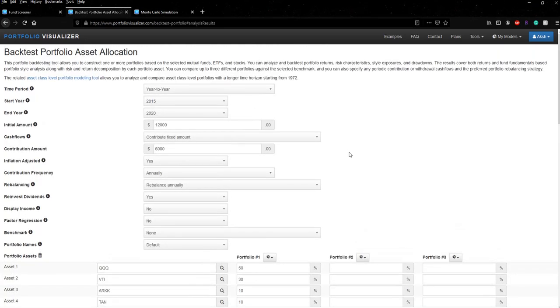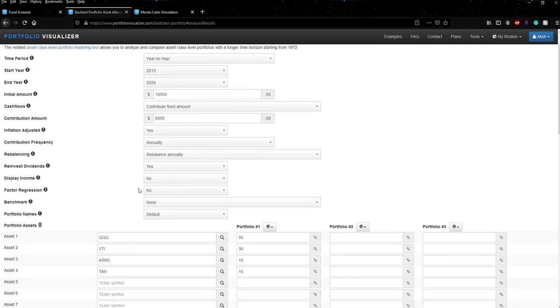Let's analyze the returns of those four ETFs over the historical period of 2015 to 2020. You could do it for any years if you have an ETF that dates back to 1985. Since ARK was formed in November 2014, I chose this 5-year period. 12,000 is the initial amount, as I mentioned in this Excel file, and then $6,000 is the annual contribution which you do in your Roth IRA. We will keep everything else the same, which is rebalancing annually, contribution annually of $6,000, inflation adjusted returns, and the allocation